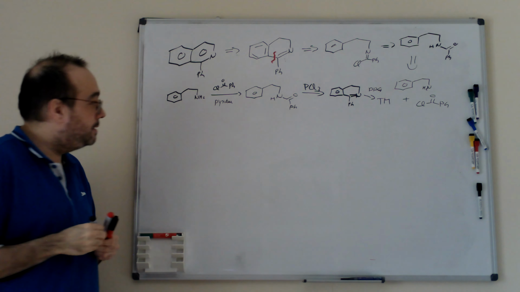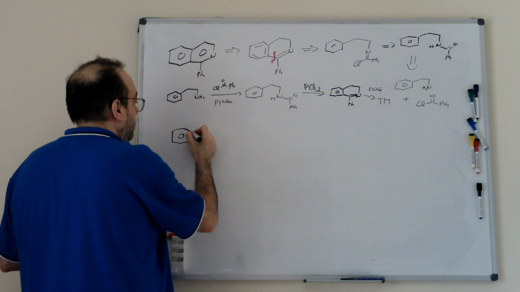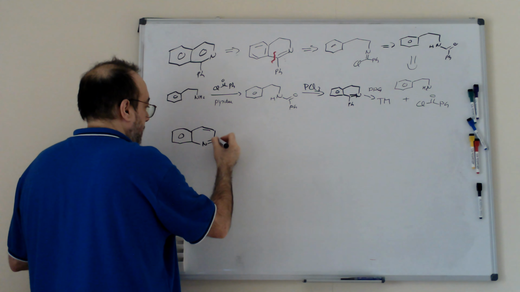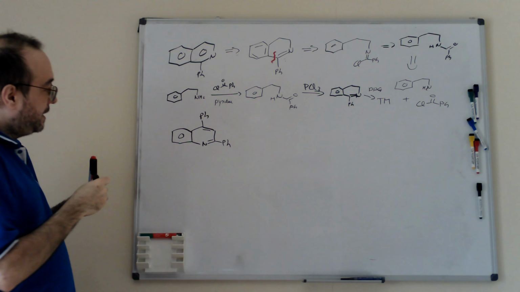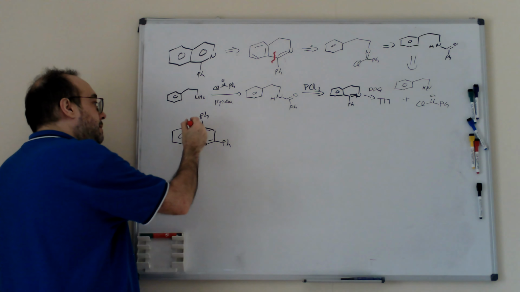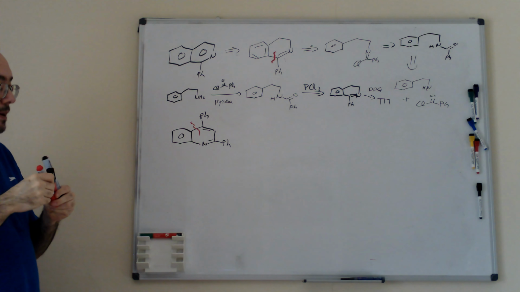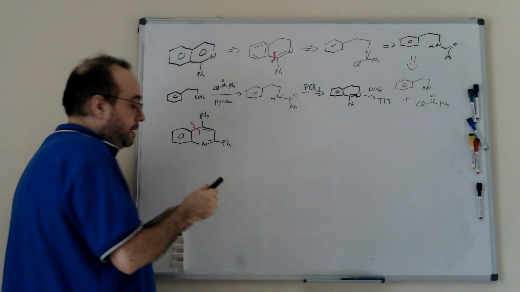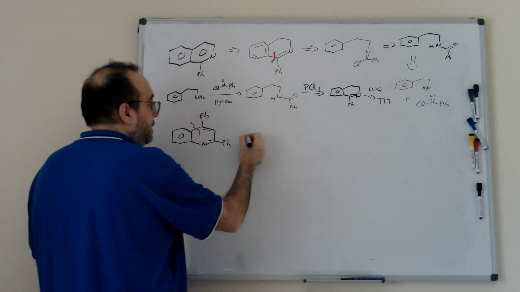Okay, then the second compound is a quinoline in this case. If this is a quinoline, quinolines normally are synthesized by the addition of an aniline to an alpha-beta unsaturated ketone or aldehyde. Here you can see, we break this bond. This can be simply